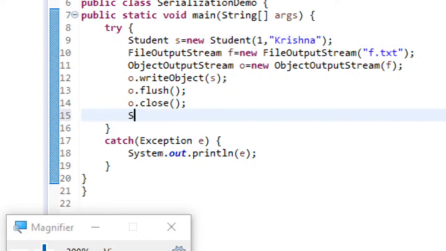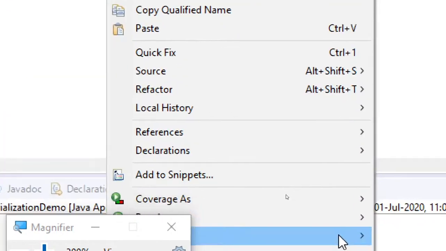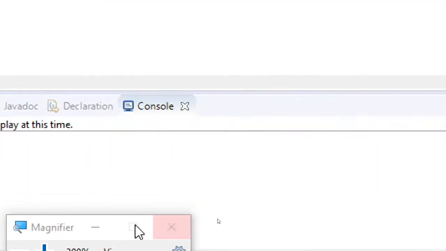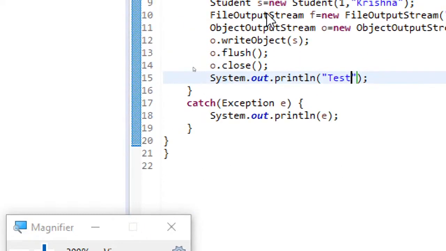So let us write one simple statement, because there's nothing to print on the console. I'll just write test. Now if things were fine, that is, serialization is applied, here you can see test being printed, which I have written at the end of the try. So serialization is successfully performed.